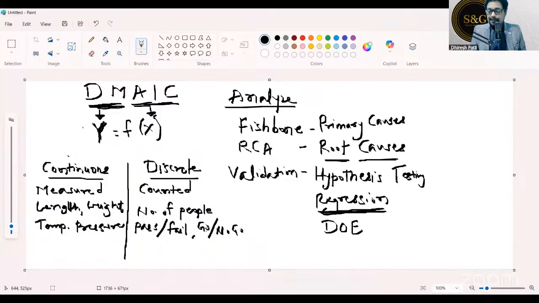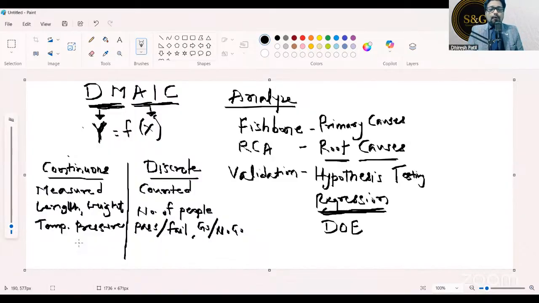And continuous data also can be expressed in decimals. Okay, we can express it in decimals. So 1.5 kg, 1.56, 1.57, 1.6, 1.7, 1.8, 1.9, 2, 2.1, 2.2. So on a continuous scale with decimals, we can express it. Count data generally is whole numbers like 1, 2, 3, 4, 5, etc. How many days? 5 days, 6 days, 7 days. Those kinds of things we count.